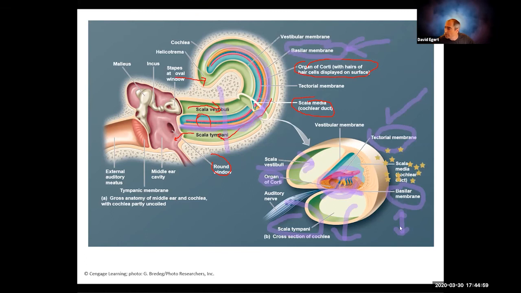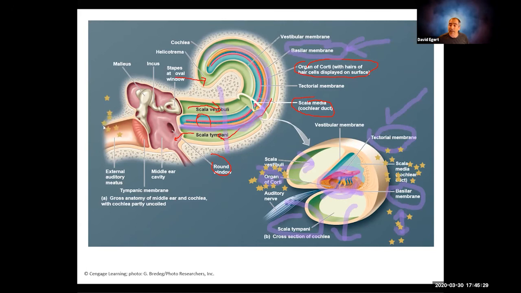Basically, as the basilar membrane moves up and down, this organ of Corti is going to wiggle, and the organ of Corti has the hair cells, which means we're converting motion into an electrical signal. Again, if you're thinking about sensory transduction of hearing, if you're thinking about stimulus going to an electrical signal,